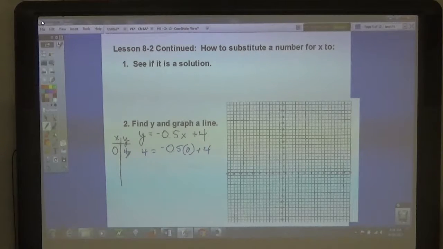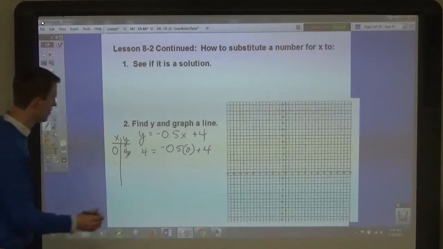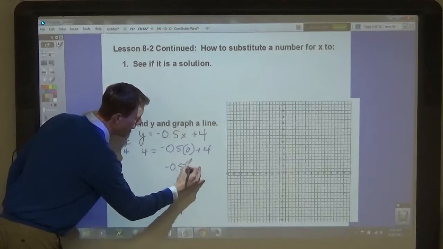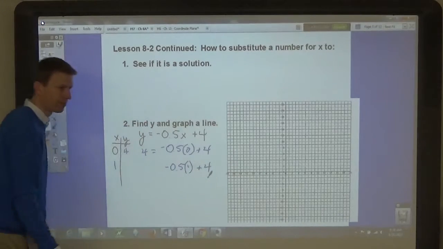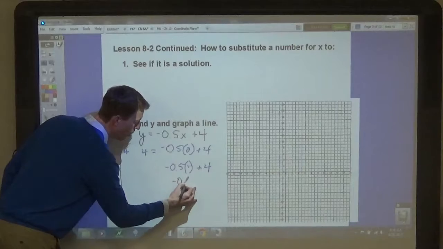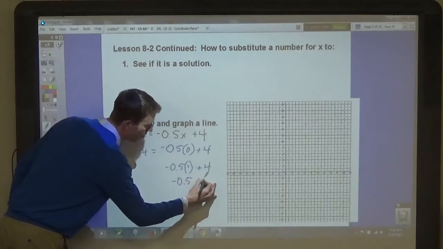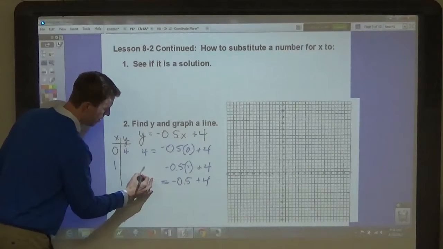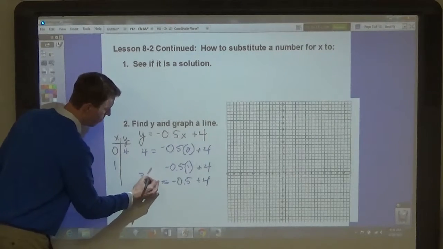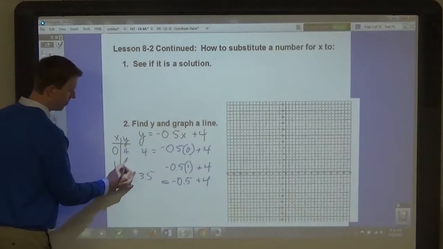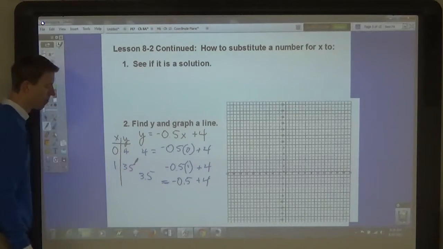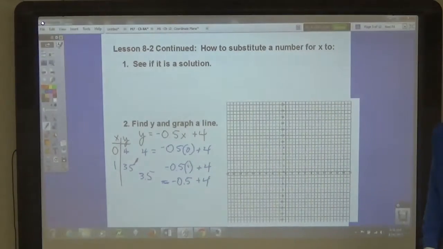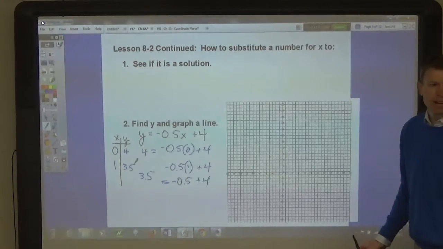What's another easy number to multiply? 1. So put 1 here, negative 0.5 times 1 plus 4. Well, that would be negative 0.5 plus 4, which is 3.5. Right? 3.5. If we do 2, we have to estimate. You'll have to put it between. Now, if you wanted to find whole numbers,